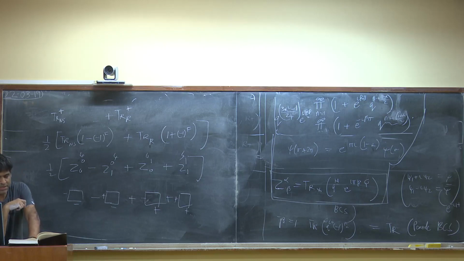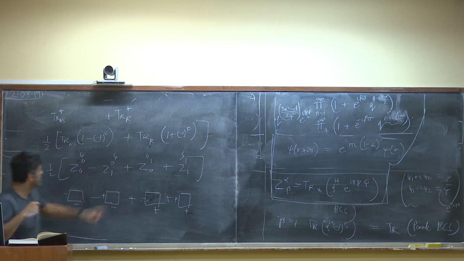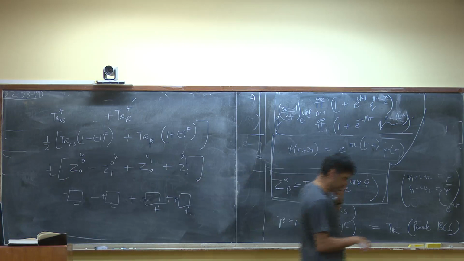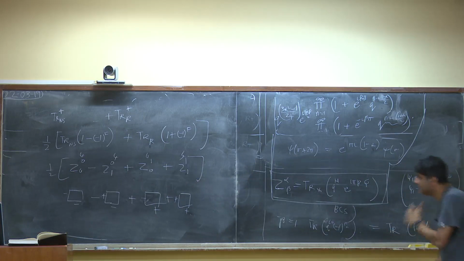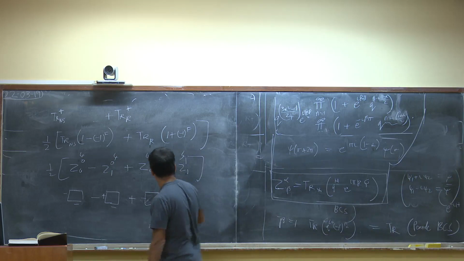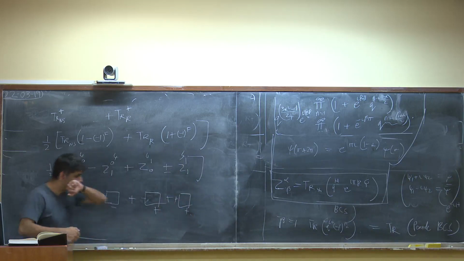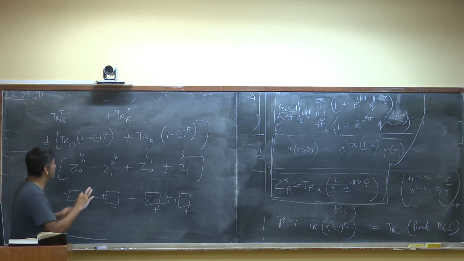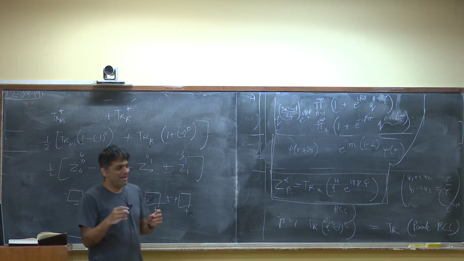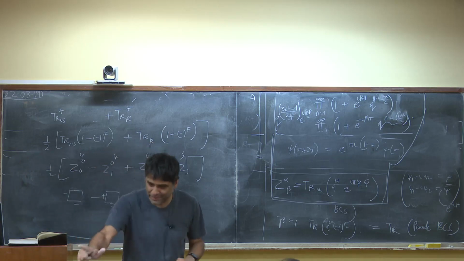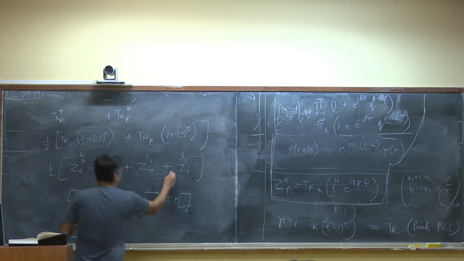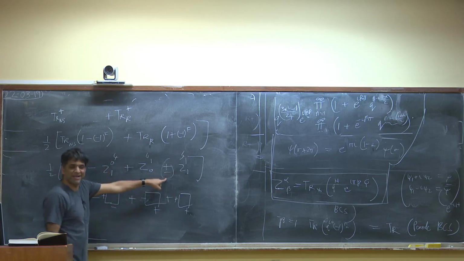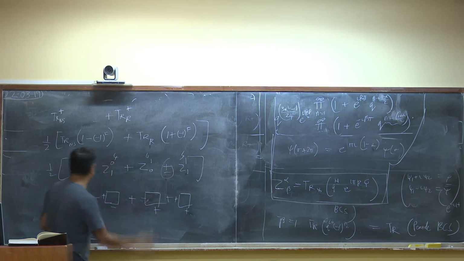Polchinski gets the Z10 with a minus sign. He gets this guy with a minus sign. Let me think about that. Wouldn't the first 3 terms have to have the same sign? Well, there are extra phases. We come to that in a minute, possibly next class. This is plus minus depending on whether we're doing type left or right.